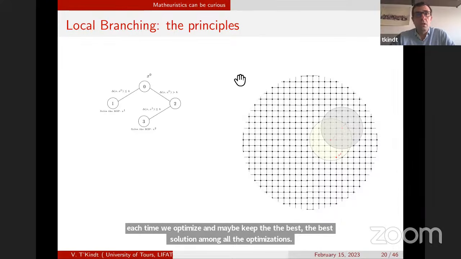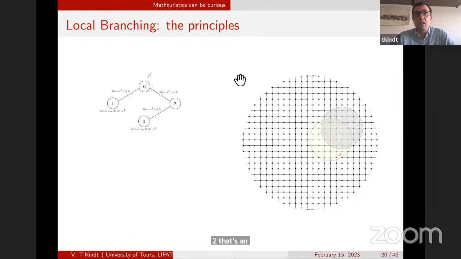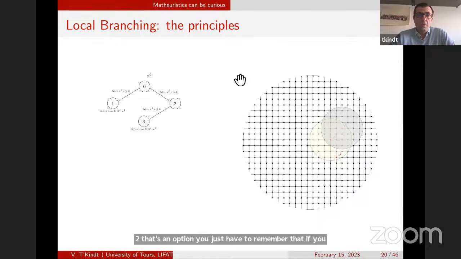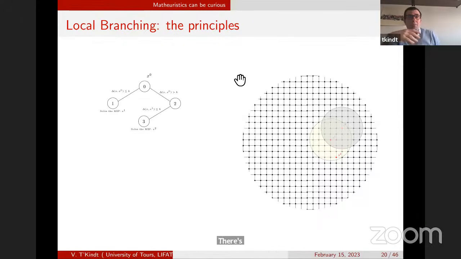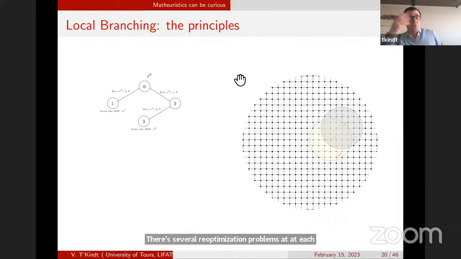That's an option. You just have to remember that if you do that, you'll solve several re-optimization problems at each time. So that's a cost that you must be ready to pay. Possibly it's a good choice, but that's a cost that you must be ready to pay. And the other point that I see, but which is also valid for the current Matheuristic there, is that